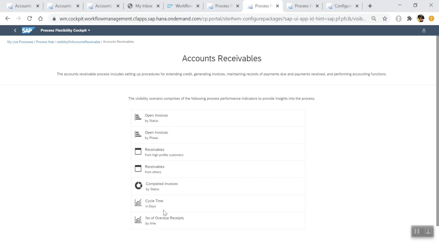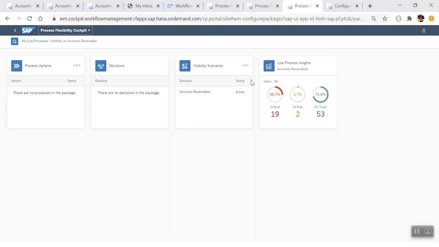So once you are convinced, you can import it into your environment. After the import, you as a line of business user can configure the visibility scenario to get a live dashboard out of the box based on business needs. The package Visibility on Account Receivables comes with a pre-configured visibility scenario and potential performance indicators.